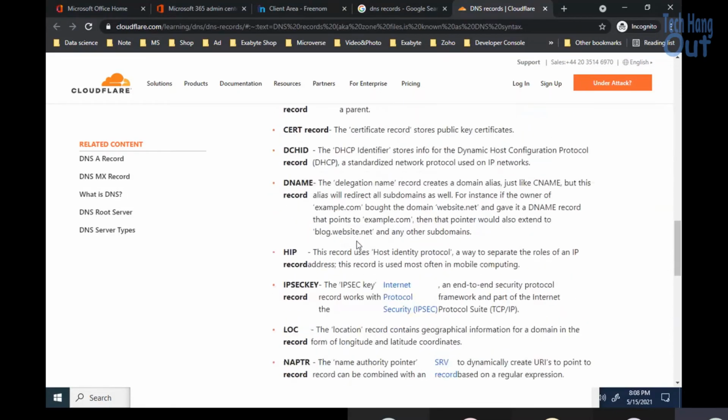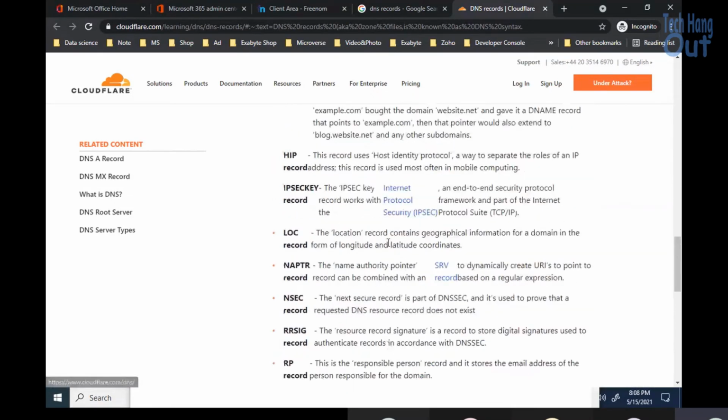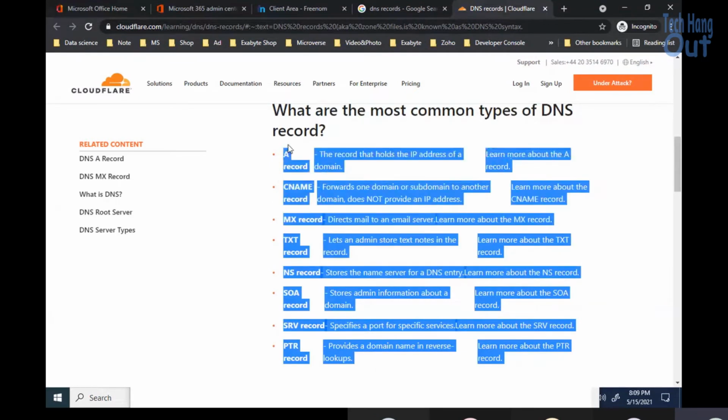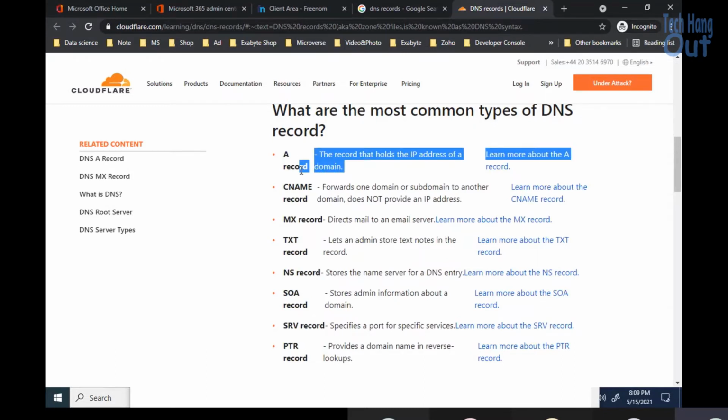All these ones are not too common. So the ones that at least you should know something about are these ones. You can just check other places too. So A record, the A record points to an IP address. CNAME forwards